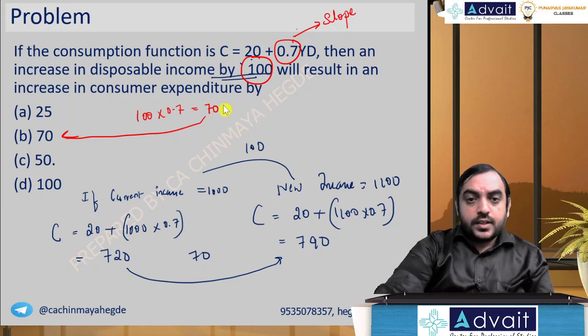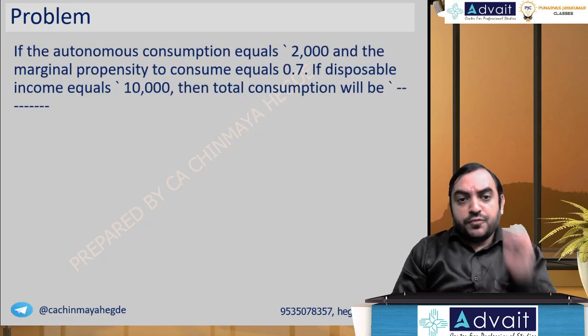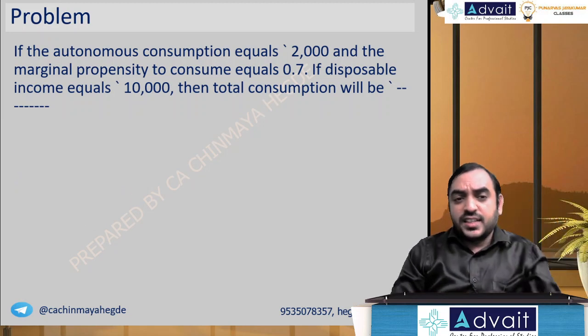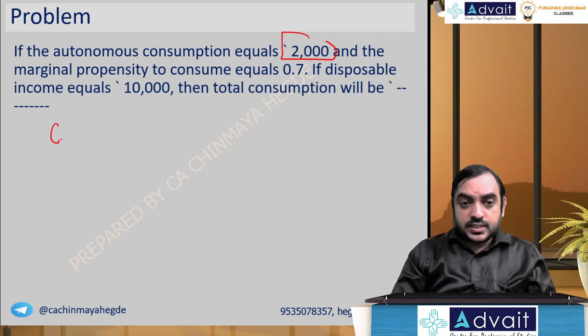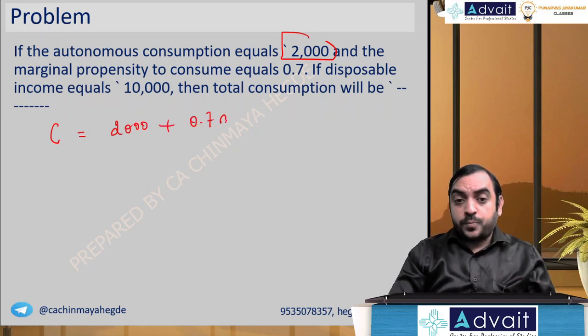Okay, done. Next problem I'll do. If autonomous consumption equals 2000 and the marginal propensity to consume equals 0.7, if disposable income is 10,000, total consumption will be this. Autonomous consumption means even if income is zero, you will spend this amount. The equation is consumption is 2000 plus marginal propensity to consume 0.7 times